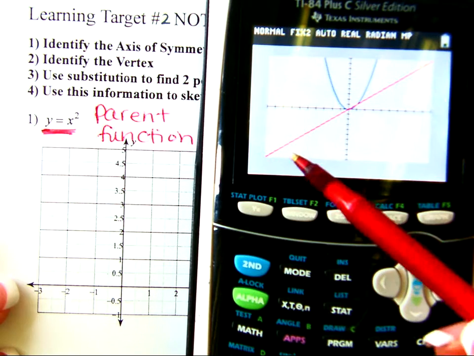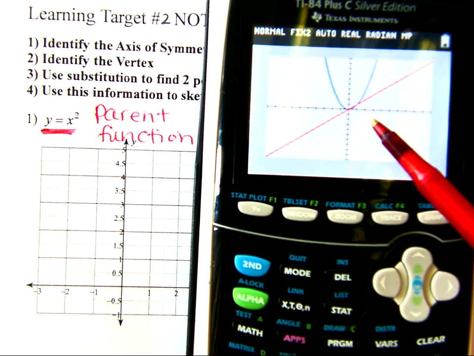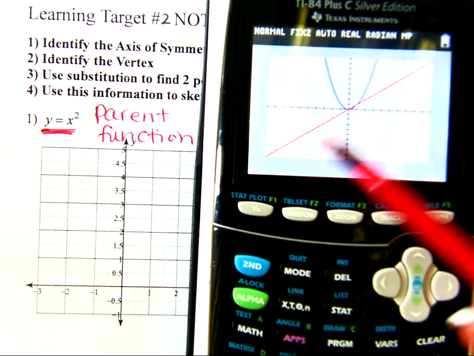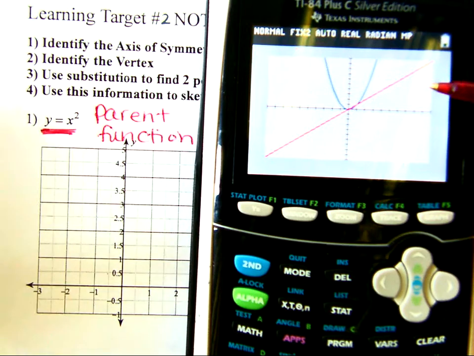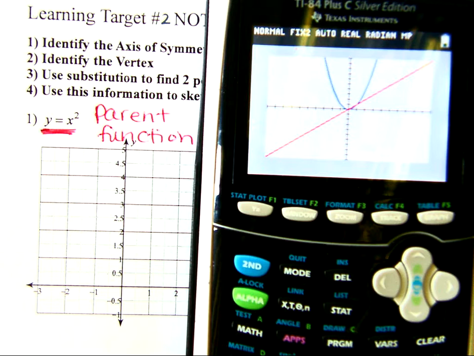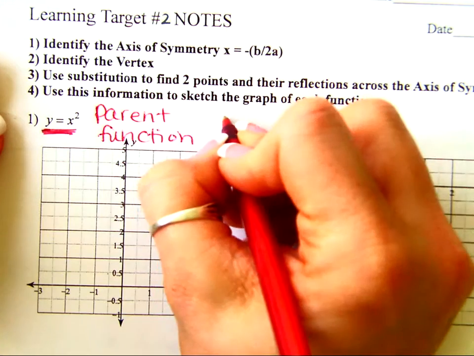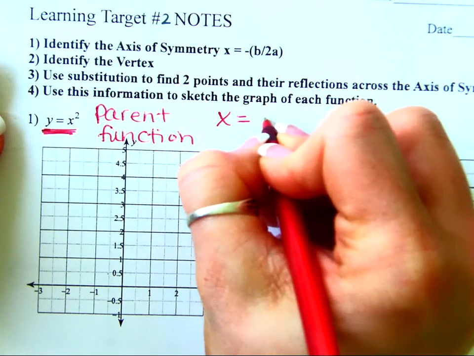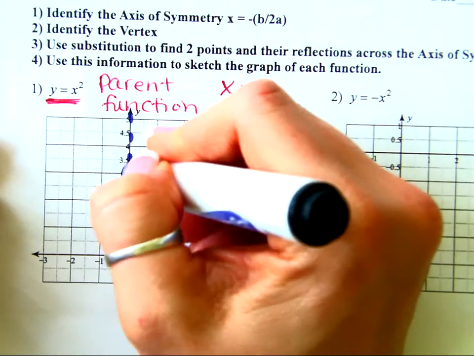In red, that's y equals x, right? That was the slope of 1, y-intercept of 0, 0. Nothing really fancy going on with that line. This blue version is the same basic version of the parent function of the parabola. So y equals x squared, nothing going on. It's about as dulled down as it can get. It's not moved yet. It's not changed shapes or sizes yet. So in the parent function, your axis of symmetry is 0,